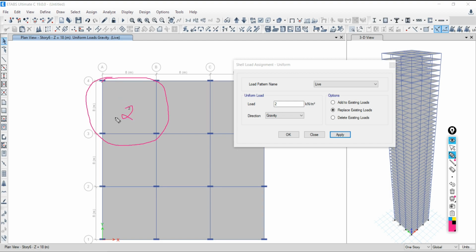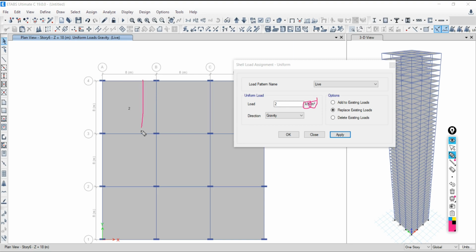That's the confusion, and most of the time it is not clear. 2 kilonewton does not mean that it is going to be distributed over this entire area. Actually, it is 2 kilonewton force per meter square.